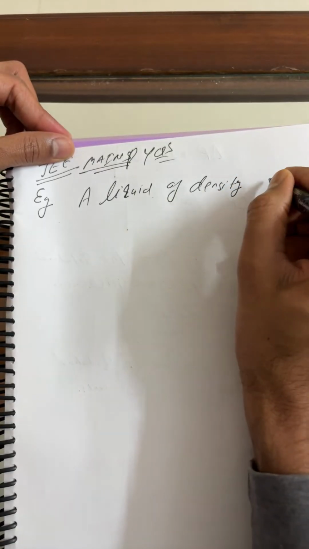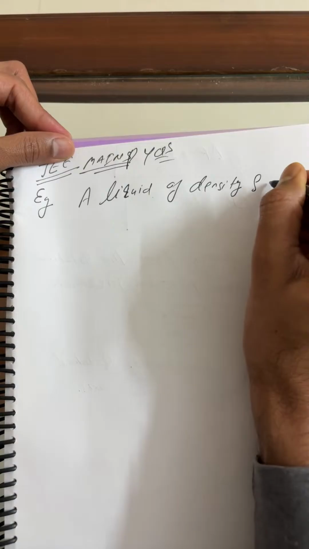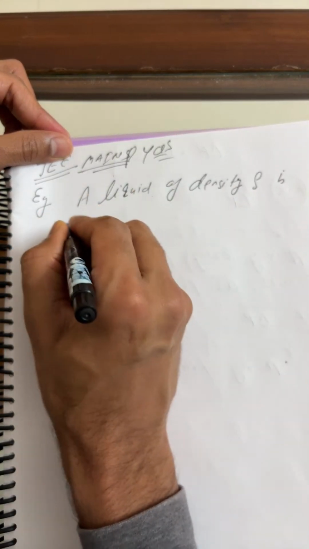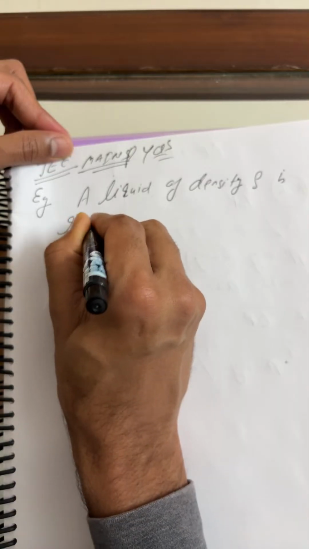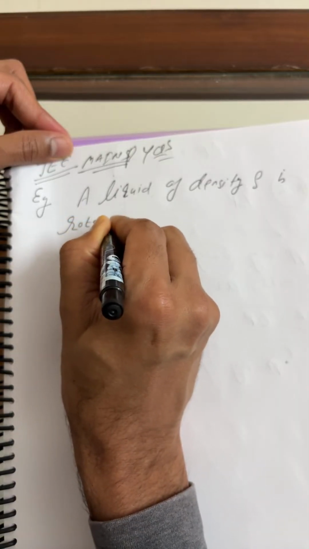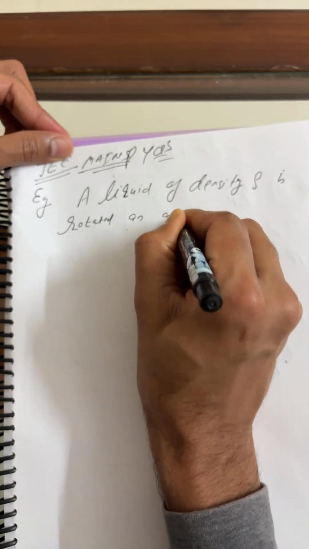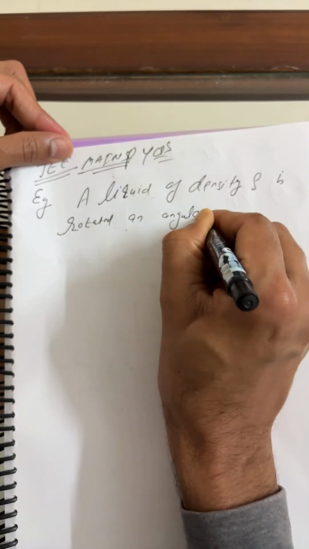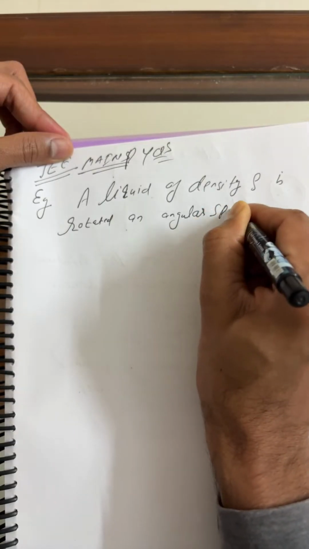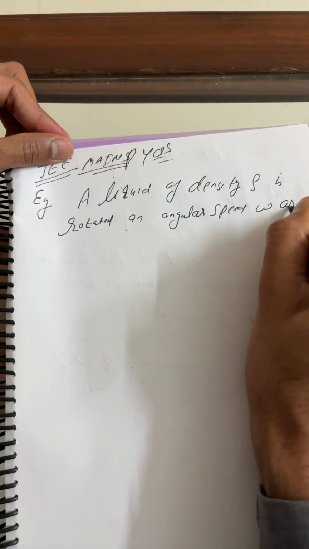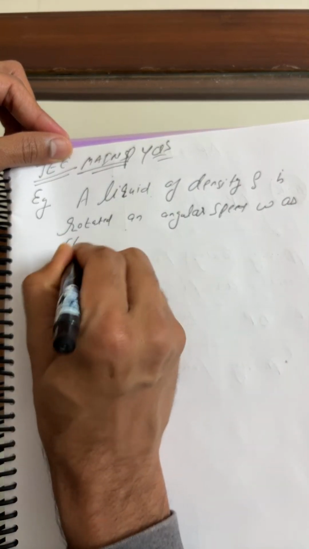A liquid of density rho is rotated with an angular speed omega